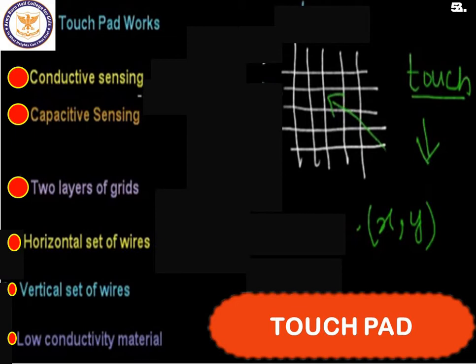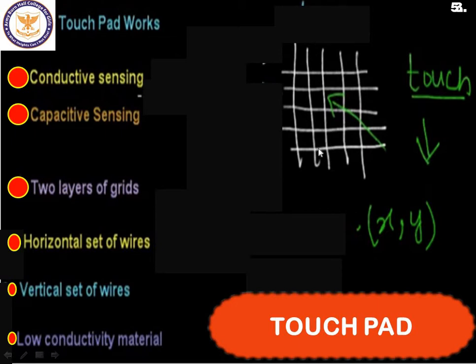So all the wires below the touchpad are arranged in the form of rows and columns, as you can see here on the screen. Assume this is your touchpad, and below it the wires are placed in the form of a matrix, in rows and columns.